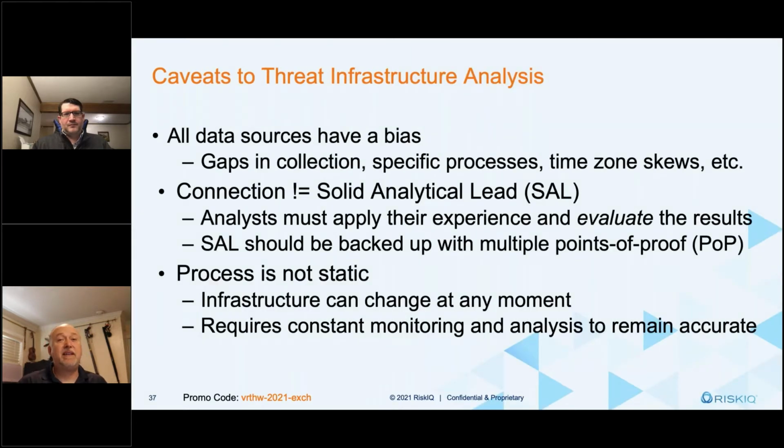But there's a caveat. If you don't see it, you don't have the data. So if a bad guy puts up a site, does an attack and takes it down, and by the time we get to that IP address or domain it's not there, we don't have any data. So you need to have multiple points of proof to be able to link things together to say, hey, it's on this domain that's been bad before. It's on an IP block that has other bad stuff. The name server that's being used has always been associated with something bad. So we actually have to look at multiple things to be able to make a good determination.